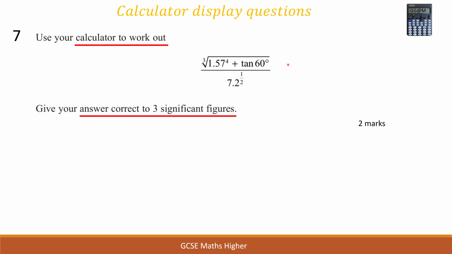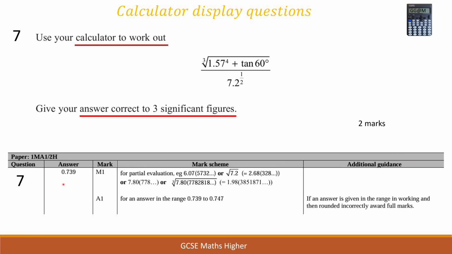Fantastic. So hopefully you've managed to come up with an answer to this. So the mark scheme says the answer is 0.739. Again, you get a method mark for this section here. The answer mark is an answer in the range between these two values here. And that is your answer,